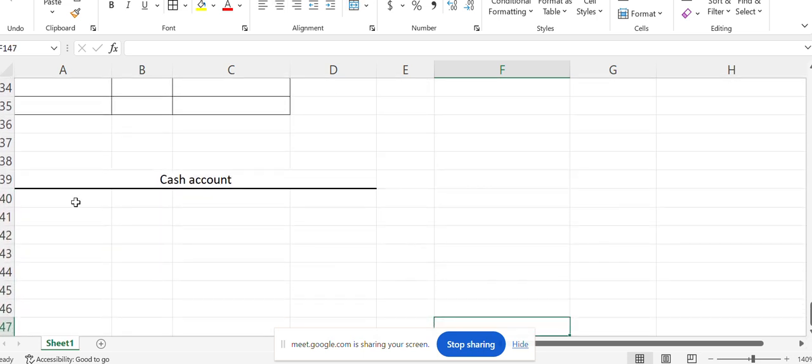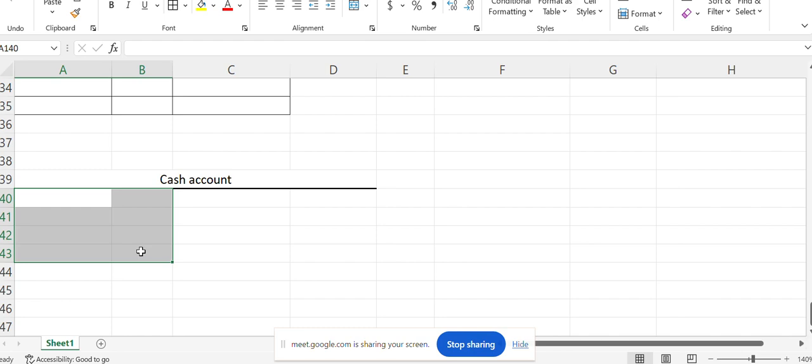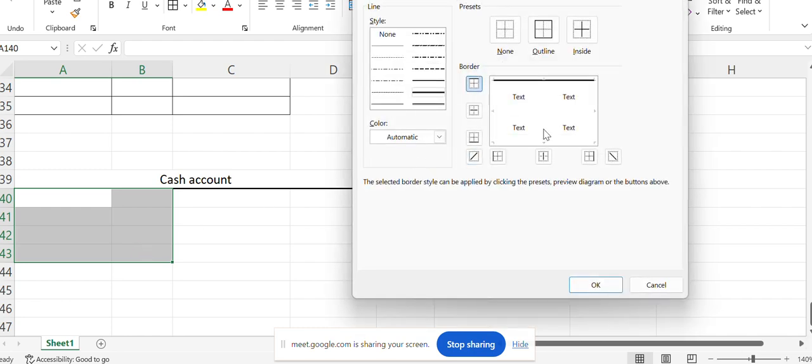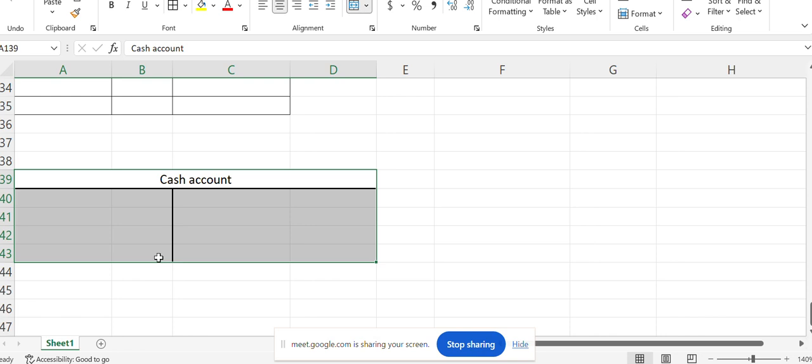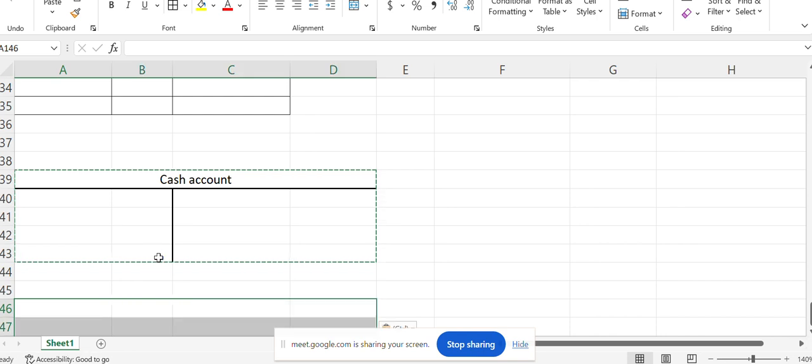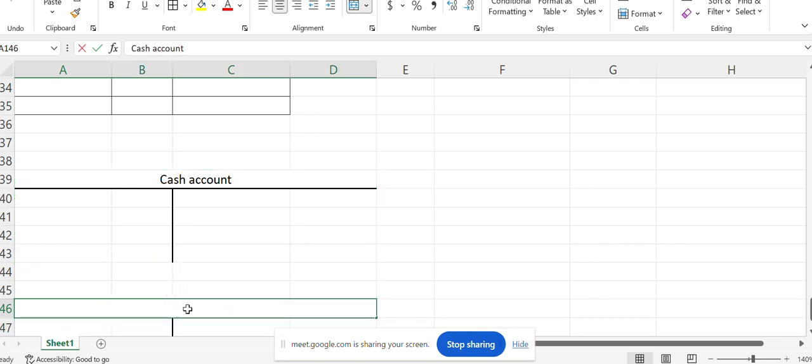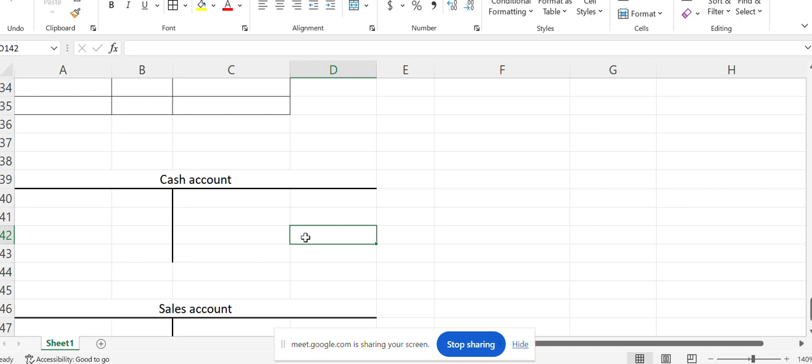So we have our cash account here. The other account will be sales account. So we have said if XYZ Limited sold goods to a customer, on cash basis, let's say